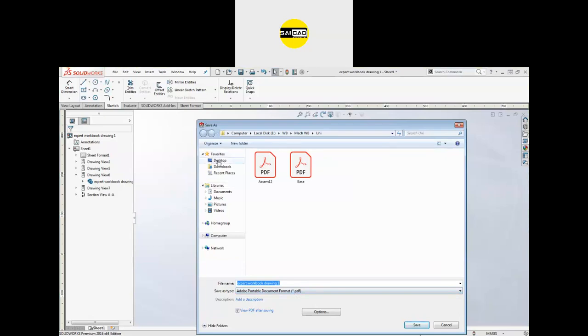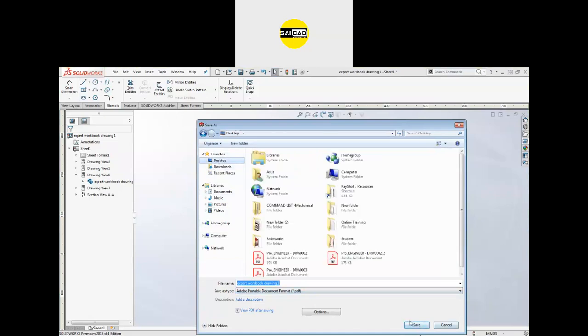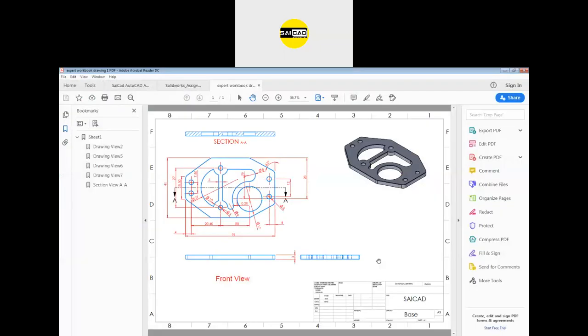Where you want to save it, I want to save somewhere here or on the desktop. Just click save and the file will be saved on the desktop. So it will take some time and a PDF will open. You can see a PDF is now open here.